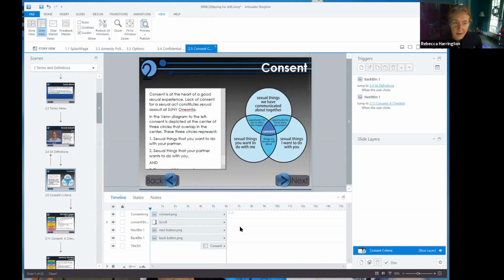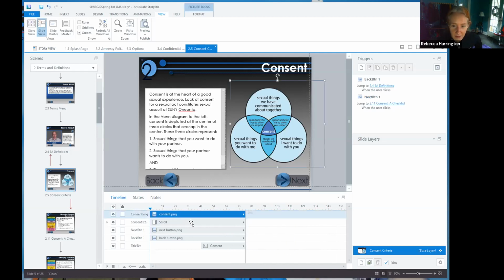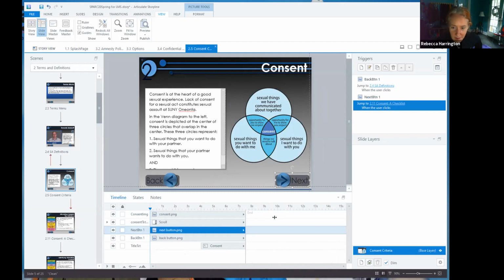So in this case, sometimes you'll just drop content on, and Articulate will just decide that it's 90 minutes, or not 90 minutes, but like 90 seconds worth of content. You end up with a really long slide. So you can grab this end bar here, and you can just drag and drop this. So in this case, this next button is available the whole time. So maybe I want this to be a 10-second slide, and I want the next button to be over here, not till the end. So you can do all of that.